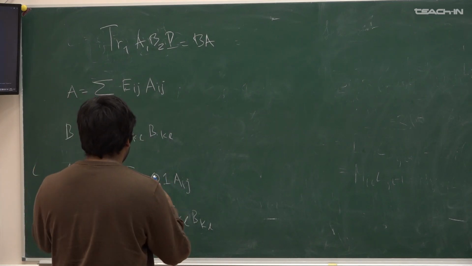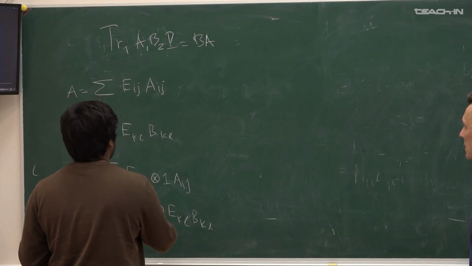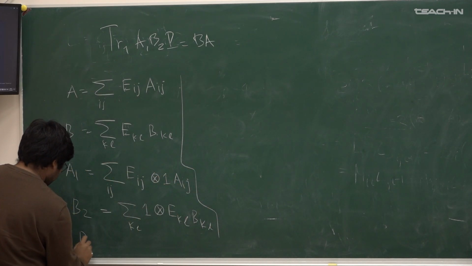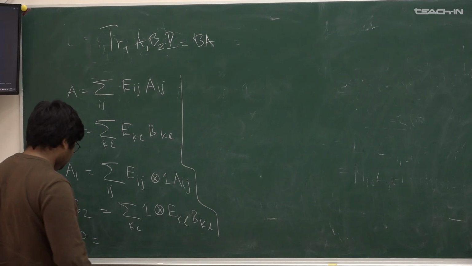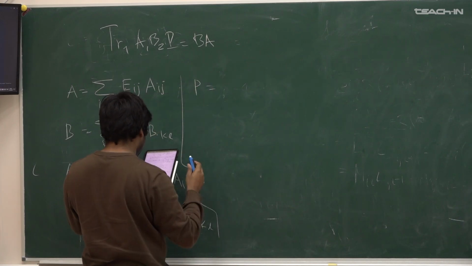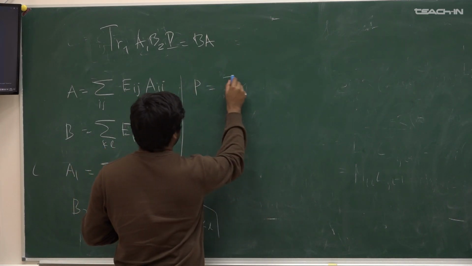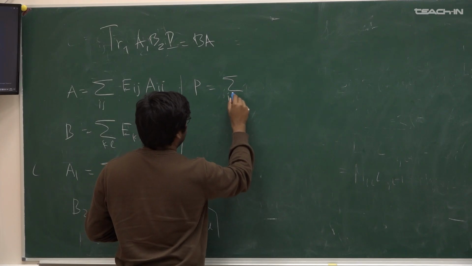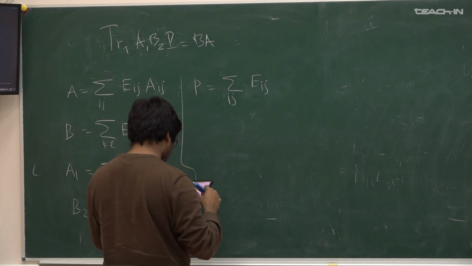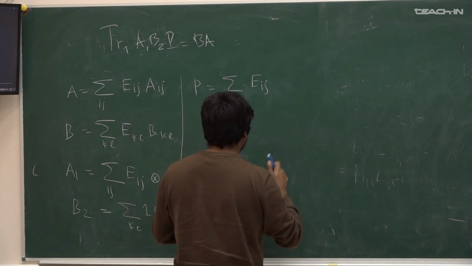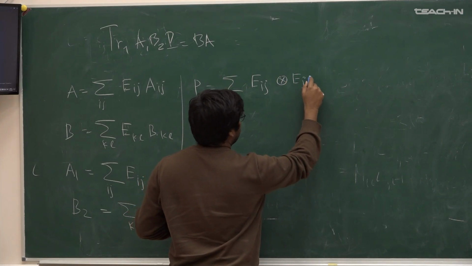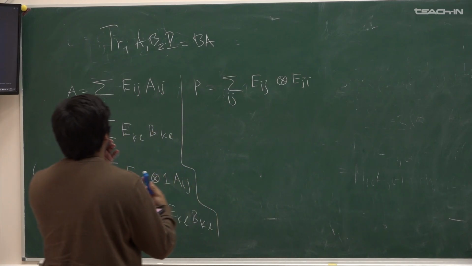These are also, you can maybe write P here, if it's possible. P is just the sum of E_IJ times... Yeah. So